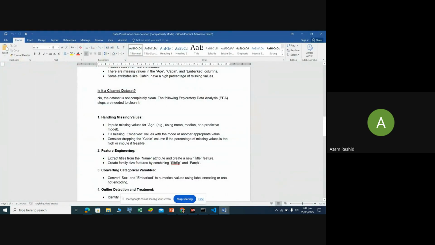Now, secondly, the feature engineering of the values, because in some cases we concatenate two fields into one field. In our case, we take SibSp, Parch, and combine them into a family member field. And thirdly, we also convert